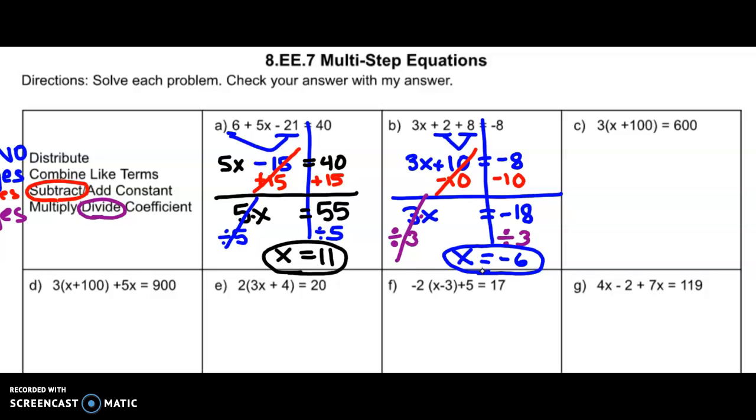So make sure you guys have these 2 problems written down. 4 or 5 minutes. Okay, so let's go on to